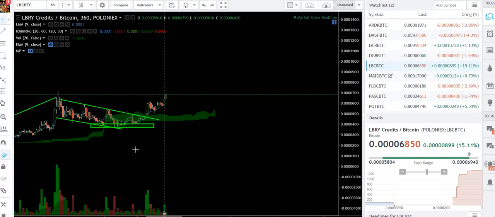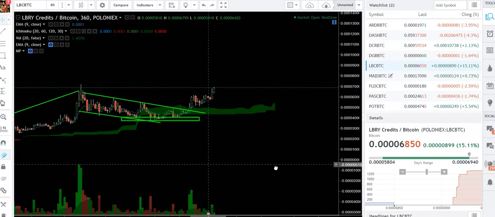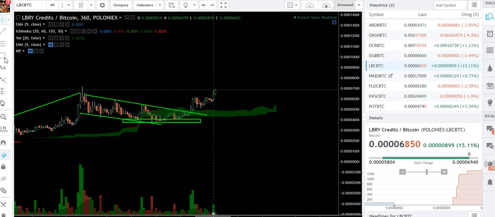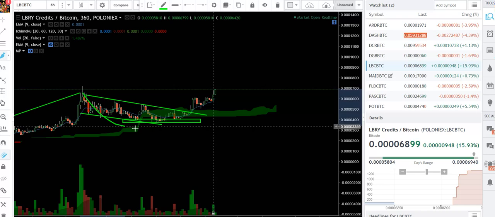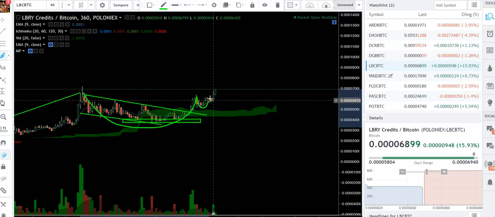Meaning that, you can kind of see it here. The cup and handle doesn't always have to be at the same heights and the same highs, but it's basically the same principle. I don't trade cup and handles because we see things like this happening way before they happen. But other traders need something to latch onto. So they trade this kind of stuff, where it makes a cup and a handle,